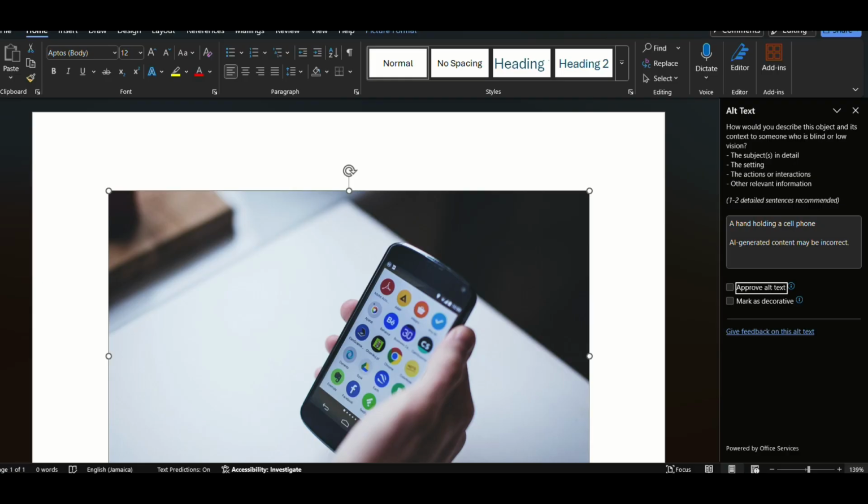Let us shift tab back to the edit area. Description, edit, multi-line selected a hand holding a cell phone. AI. We just want to say cell phone. C-E-L-L space P-H-O-N-E. Now remember, when you're typing the alt text for the image, you do not need to write picture of